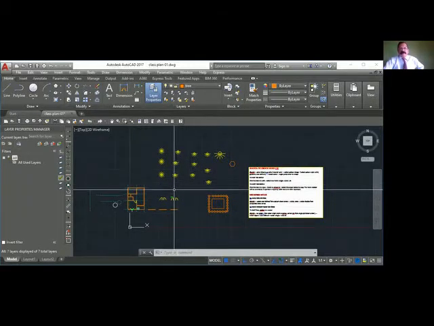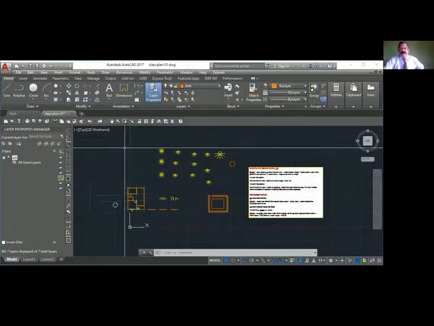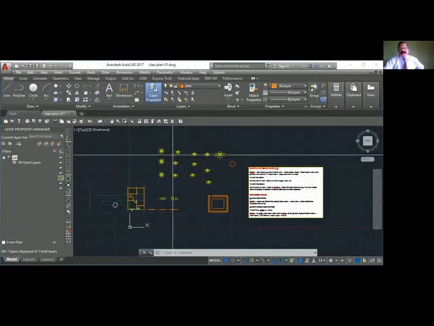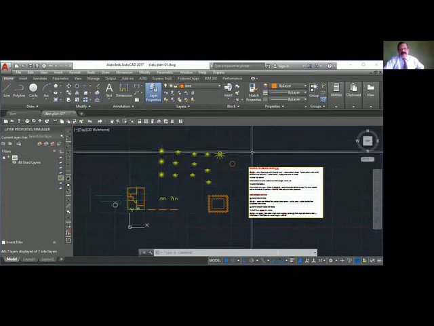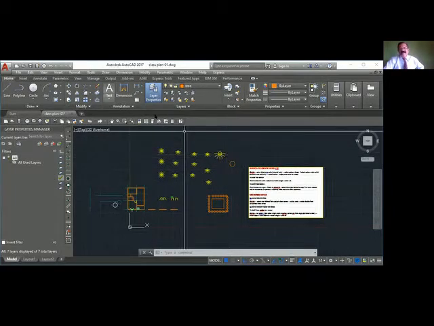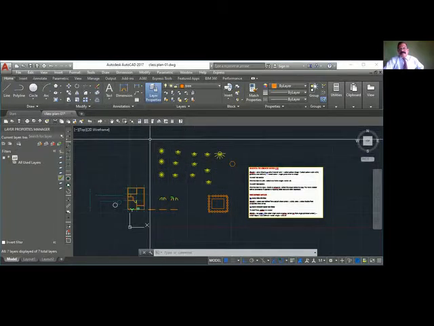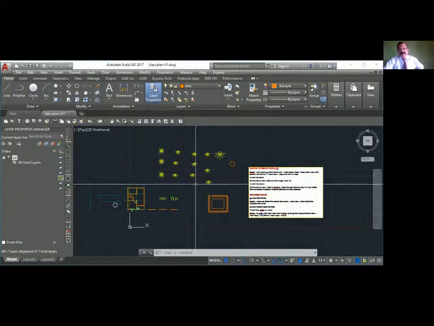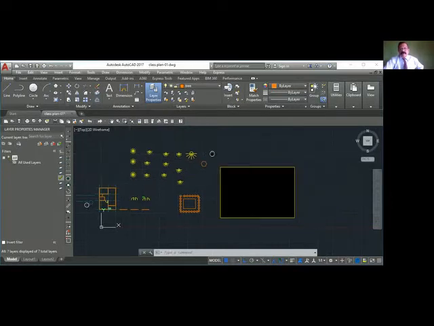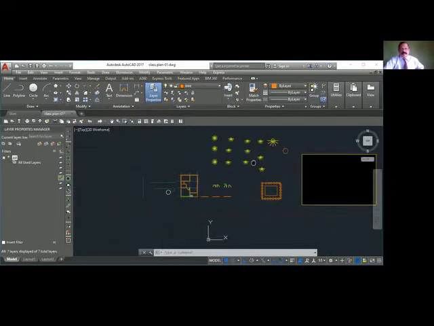Yes, yes, sir. Okay, so you can redefine. When you redefine, you have to use the same block name. You can modify the existing one: insert one, explode it and modify it. If you want a new one, draw a new one and select the original name of the block, then you redefine. So everywhere it will change. So this may be required for you. Now let us go here.